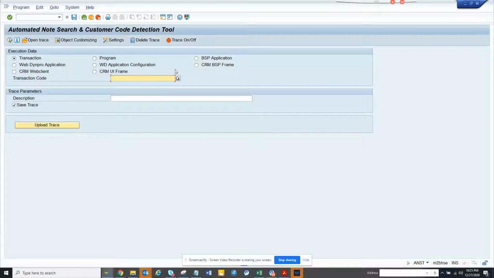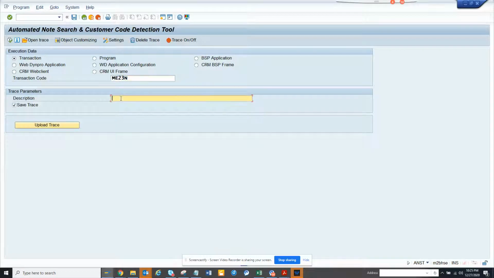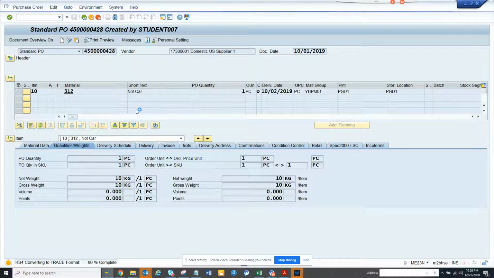Suppose I want to go to this transaction, suppose it is ME23N. I'll execute this, and I need to give a description here. I'll give test and I'll execute. Once I execute this, suppose I want to see all the customizing tables behind this transaction code. So I hit the back button, and once I hit the back button, it will create this trace